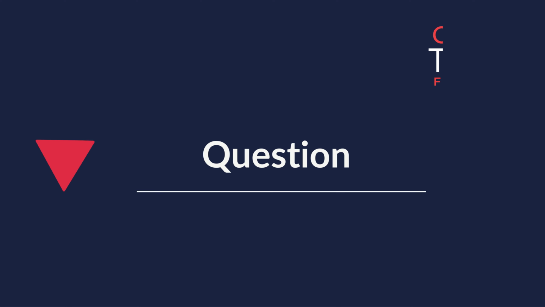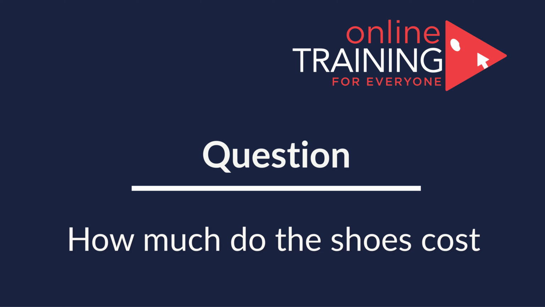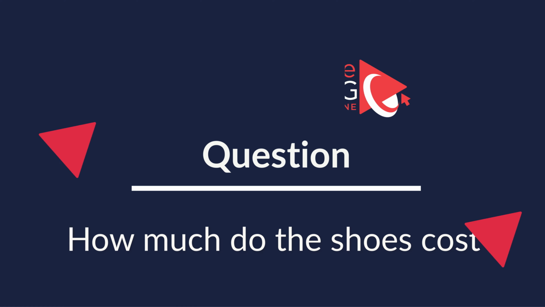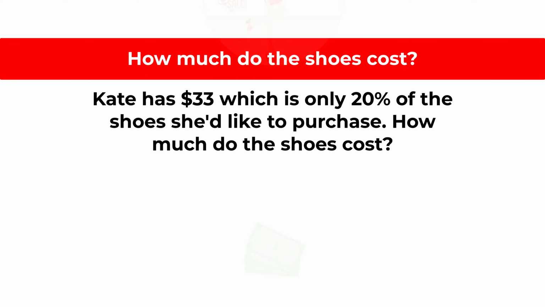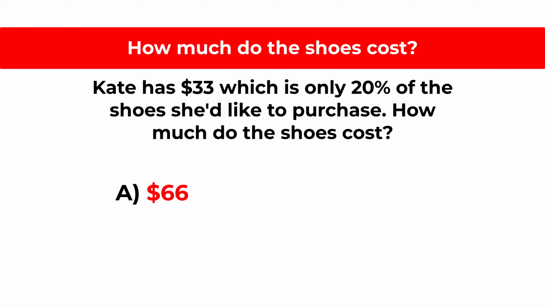Here's the cool question that you frequently get on the test. Kate has $33, which is only 20% of the cost of shoes that she would like to purchase. How much do the shoes cost? And you're presented with 4 different choices. Choice A, $66. Choice B, $99. Choice C, $150. And choice D,